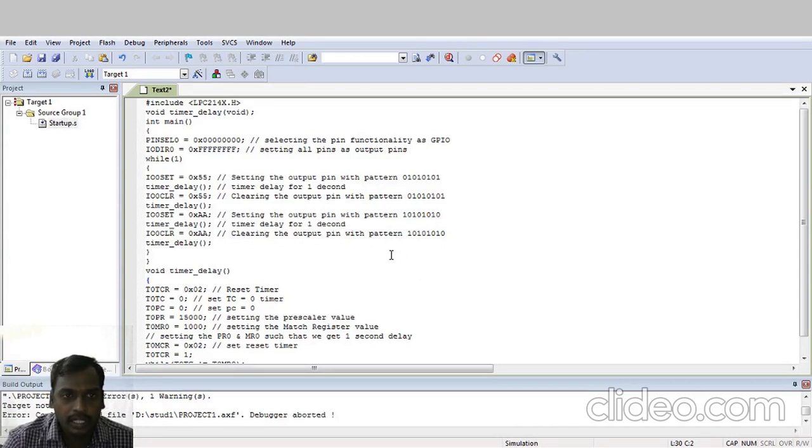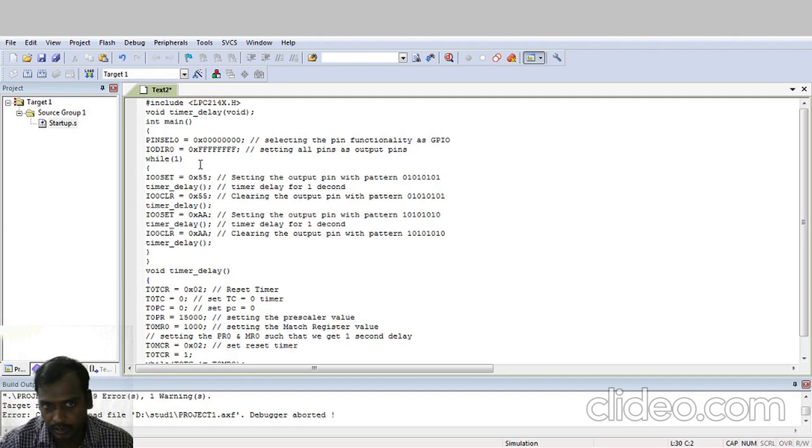Last class I explained the program procedure: how to create the project, how to create the new file, and how to write the program. In that I explained a simple assembly program code. I had not written an embedded C program, so that program gave an error because it was not written in embedded C. For your understanding, I gave a 4-line statement on how to add numbers. That addition was the example. Today's class I will explain the time delay program.